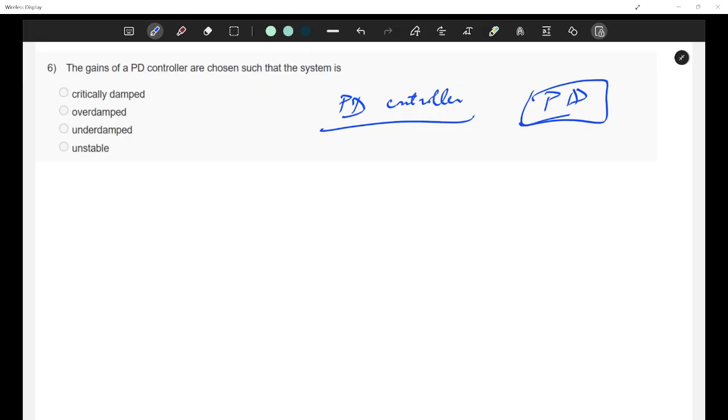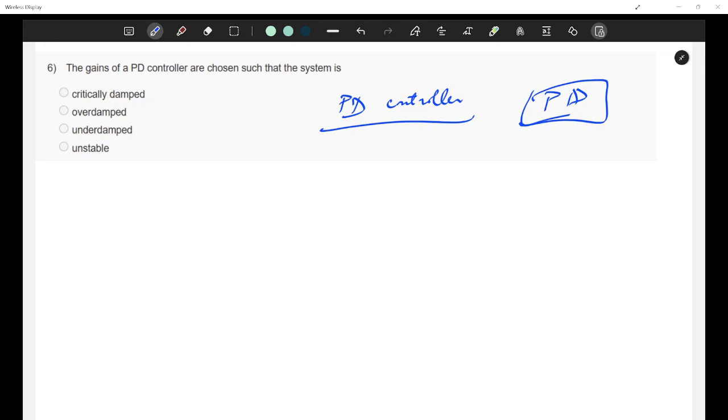So basically, you can decide how fast you want to reach the steady state response. Yes. So if you want a reduction in rise time, you can go by adjusting Kp. If you want no steady state error, go with Ki. And if you don't want to have oscillations in the system, it should be a proper settling response, go for Kd. So yeah, you were very right in your answers.